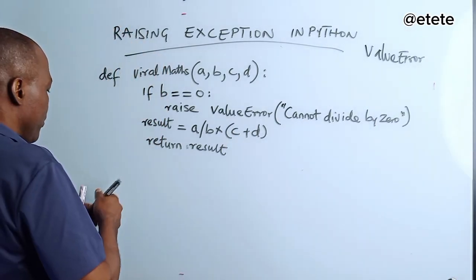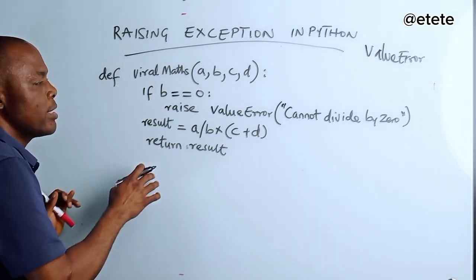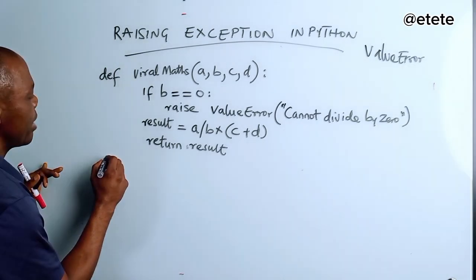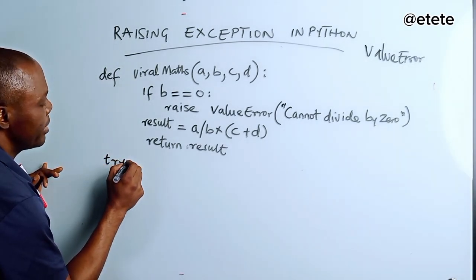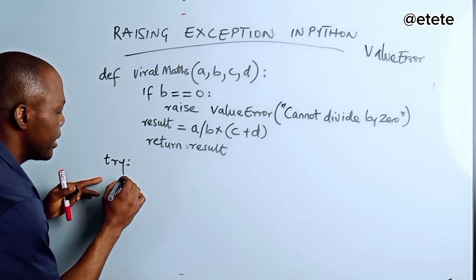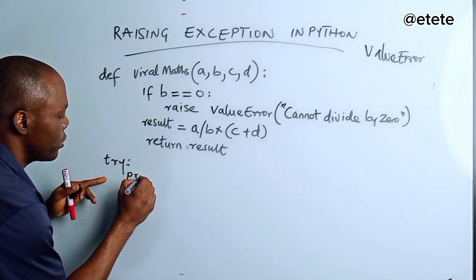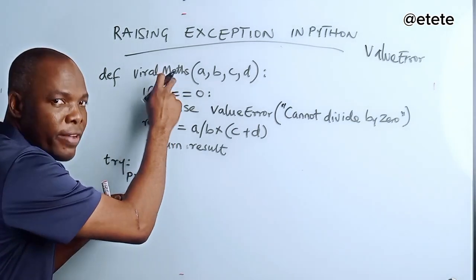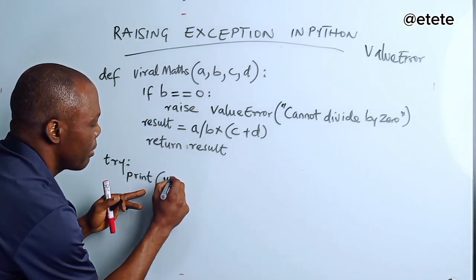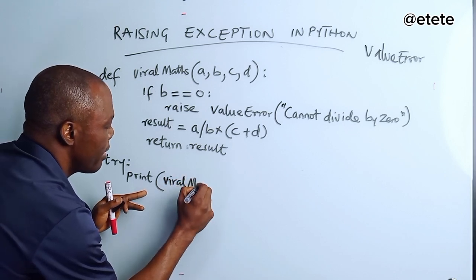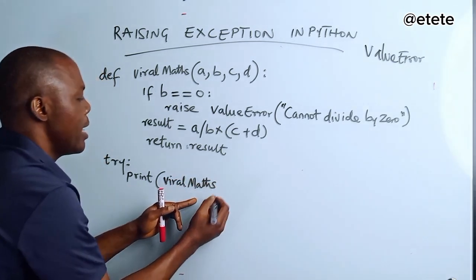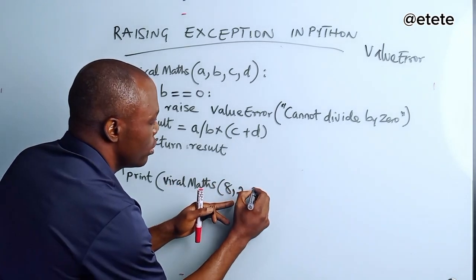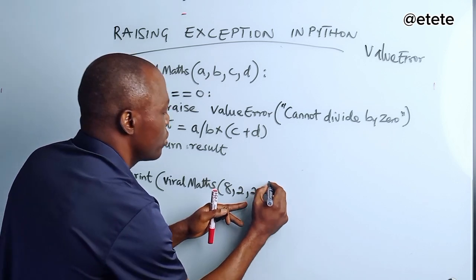So what I will do now is pass this to my try except block. So I will come here and I will say try. This is my try block. And then inside this try block, I will call my print function, and inside this print function, I will call this Vira math. And then I will supply my parameters, which is 8, 2, 2, 2